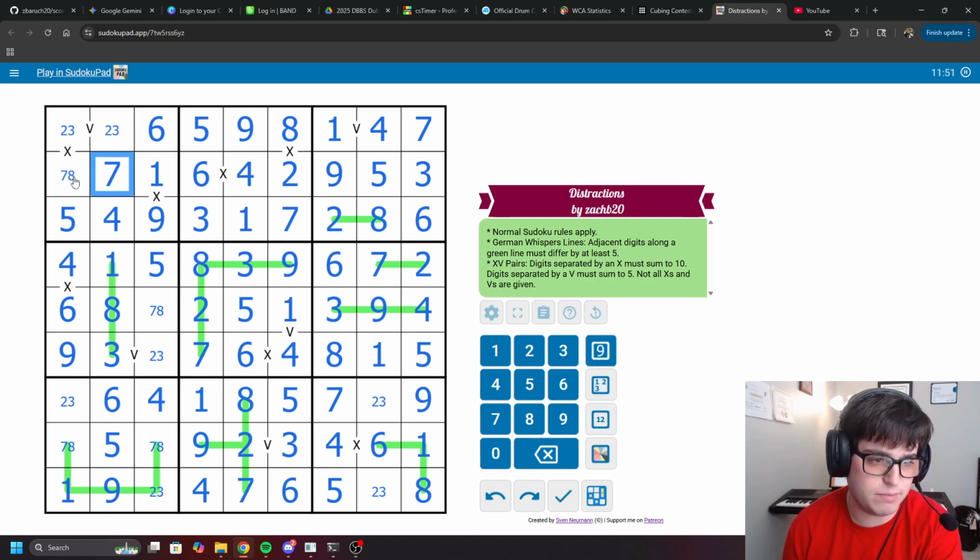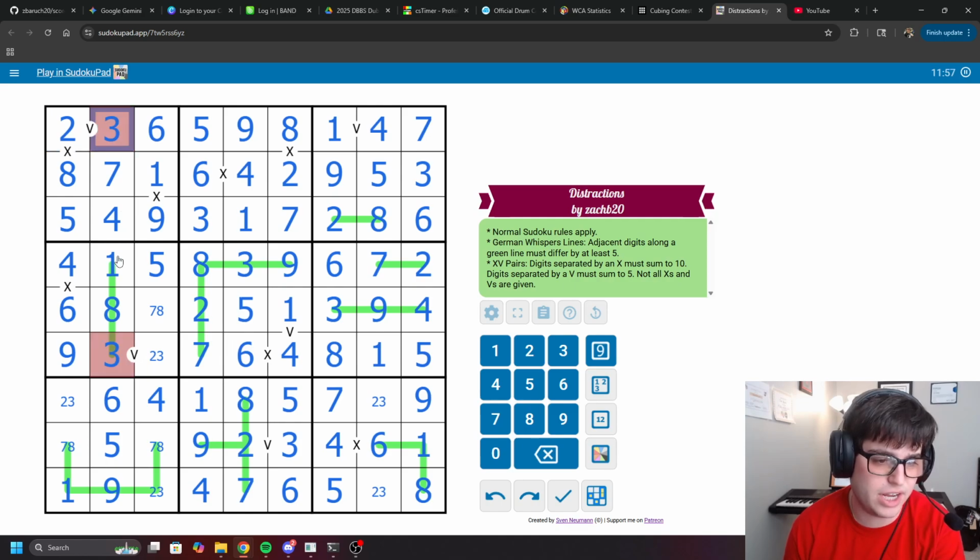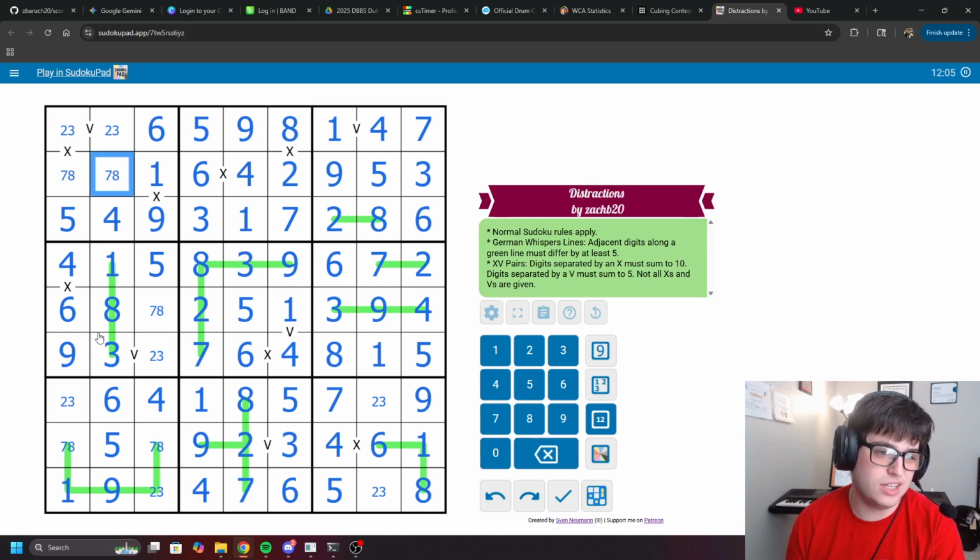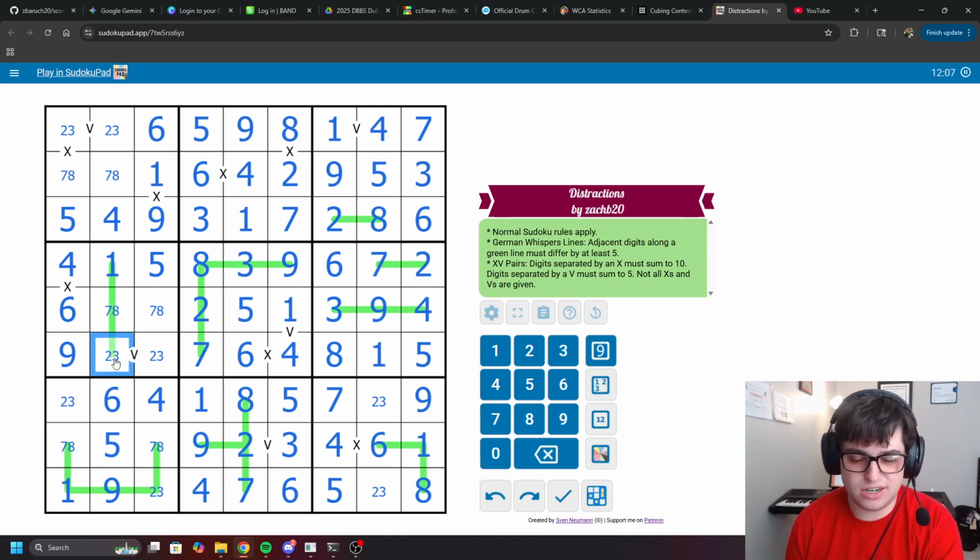That's going to place a 7 up here, which is going to make this an 8. To sum to 10, we need 2. To sum to 5, we now need a 3, and uh-oh. We can't put a 2 in column 2. So that's wrong. The forcing here of this being a 3 doesn't work, so we're going to place a